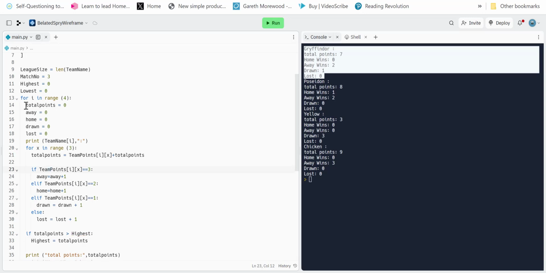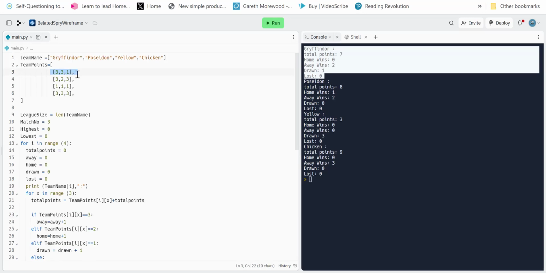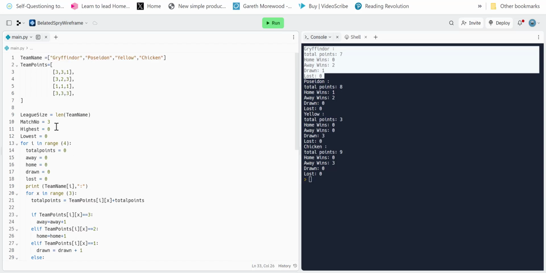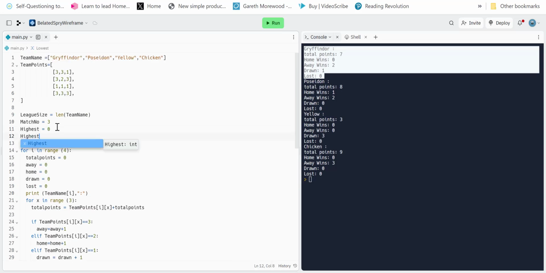Team 1, which is this team, total points is 7. So it's going to get to here. Is total points greater than highest? Well, highest to begin with is 0, so of course. So team 1 becomes the highest team. So points of 7 in there, and just put here another variable called highest team equals empty,